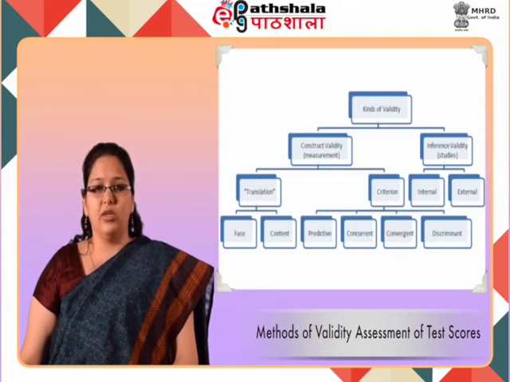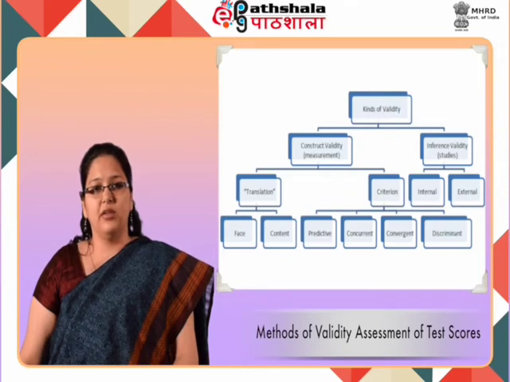On the other hand, if scores on a team building inventory are collected at time 1 and then after 2 years, the same group of participants is asked about the number of teams they were part of in the last 2 years, the correlation coefficient between the two scores would now represent predictive validity. In this, the criterion data was collected at time 2, that is, after 2 years had gone by. Thus, the degree to which test scores predict performance on some future criterion is referred to as predictive validity.